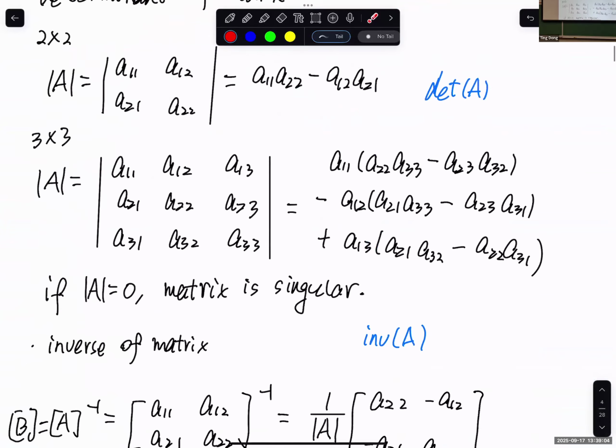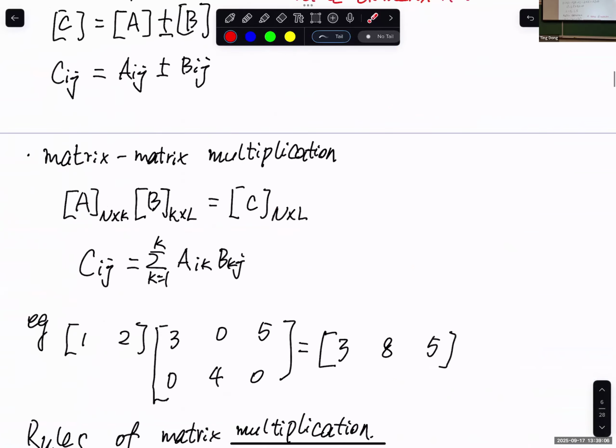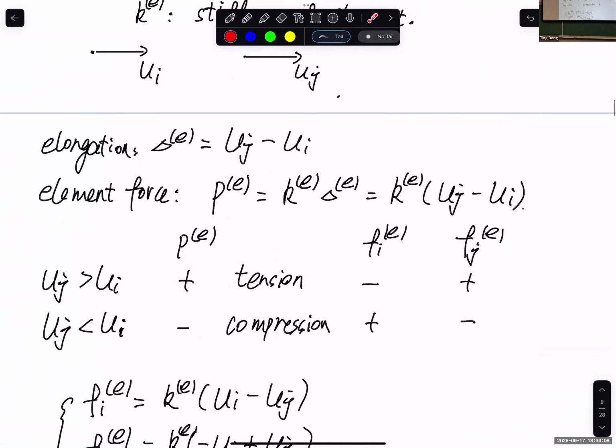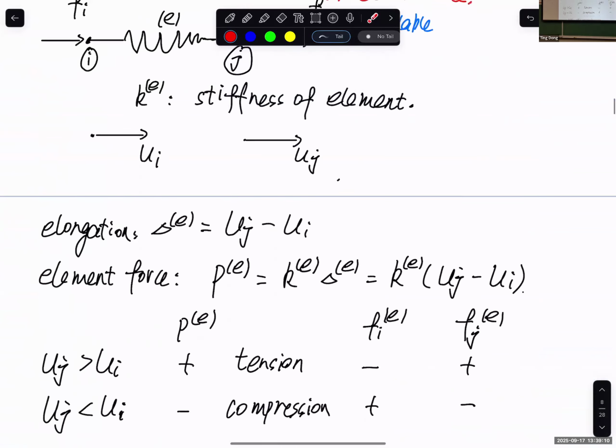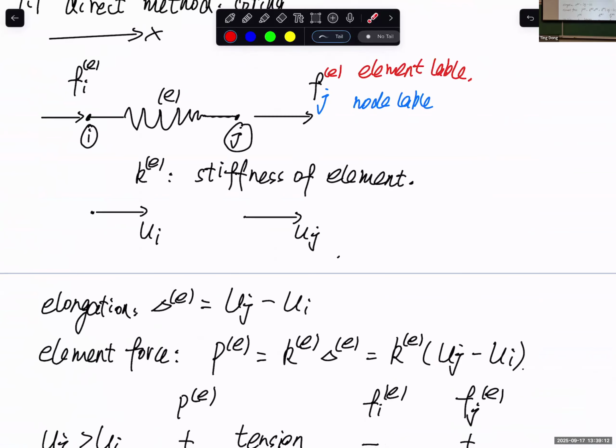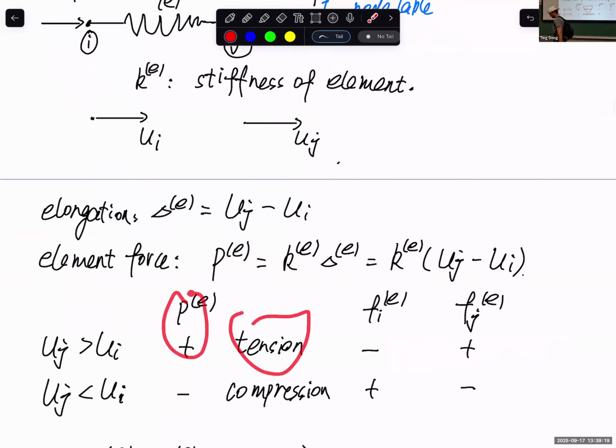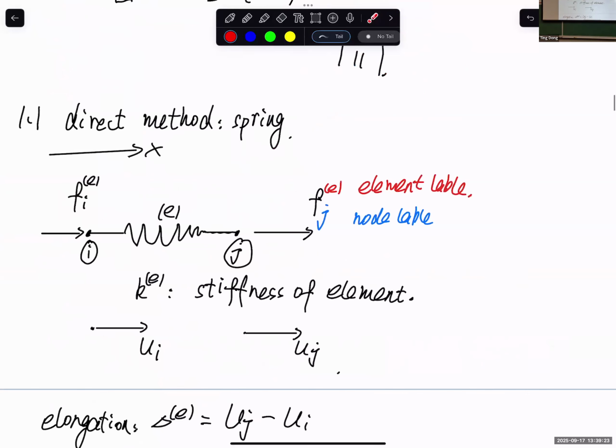It's at the beginning of semester. Do you remember this part? This is how we derive the nodal force at node J and node I. And we talk about to generate tension, the internal force is positive. And to generate this tension, what we need to do is that we need to